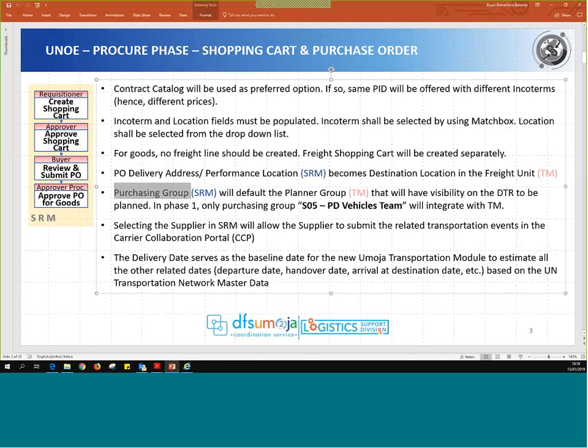The purchasing group now also becomes a critical piece of data here. We're going to be selecting a purchasing group that will be defaulted with the planner group in TM. And this planner group in TM will have the visibility on the DTR that is going to be created for phase 1. So far, only for phase 1, the purchasing group S05 PD vehicles team is the one that will be integrated with TM. What's important about selecting the correct purchasing group is that the TM planner in TM is the one who will then have visibility of this